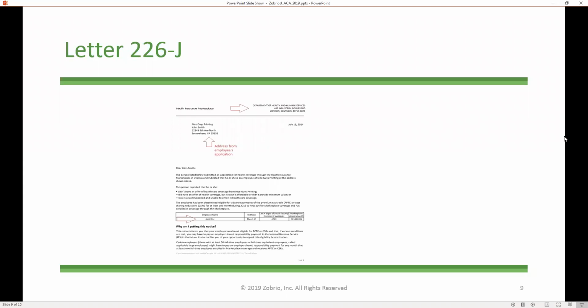Letter 226J, this is a huge deal. At this point, I am talking about it because there is a lot of talk about this, that a lot of employers are receiving those these days. This is a letter from the Labor Department, and it is sent to the employer to inform them that something is not totally acceptable with their ACA filing when it comes to specific employees'